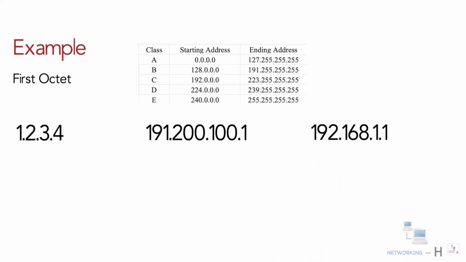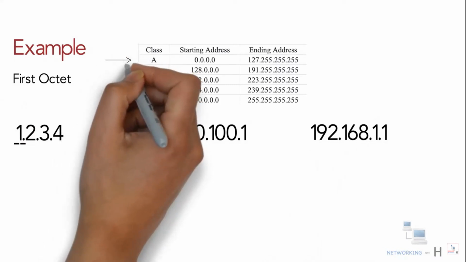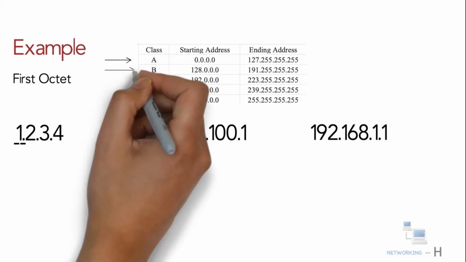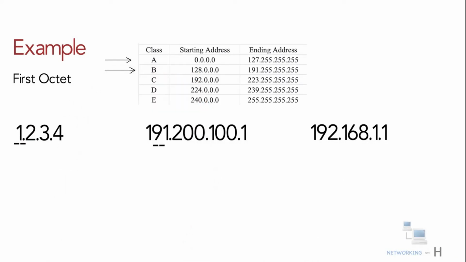Let's start with 1.2.3.4. If the value of the first octet is in the range of 1 to 127, you can say it's a class A IP address. If the value of the first octet is in the range of 123 to 391, it's a class B IP address. If the value of the first octet is in the range of 192 to 223, it's a class